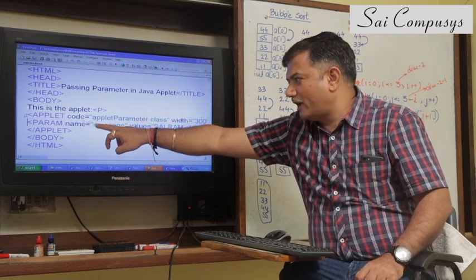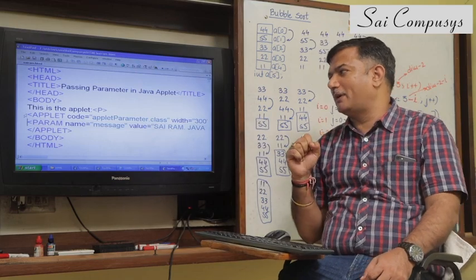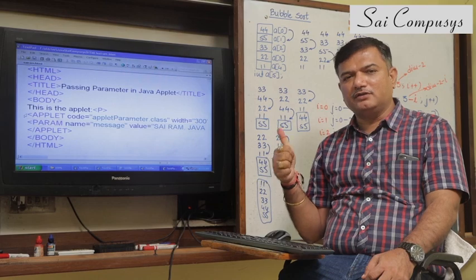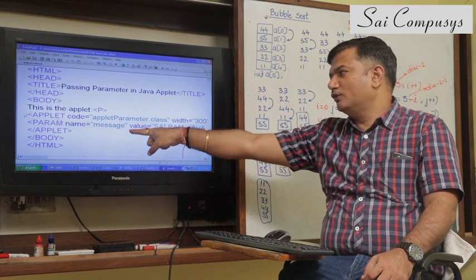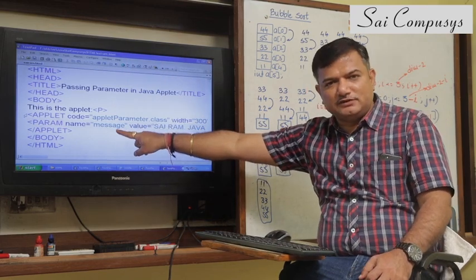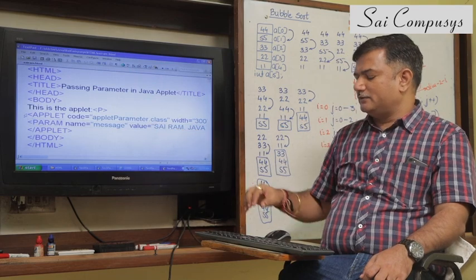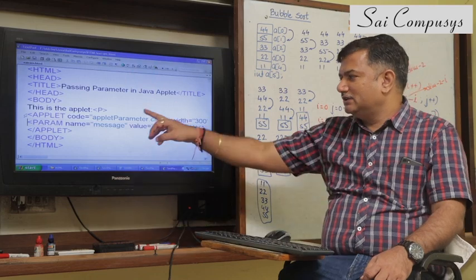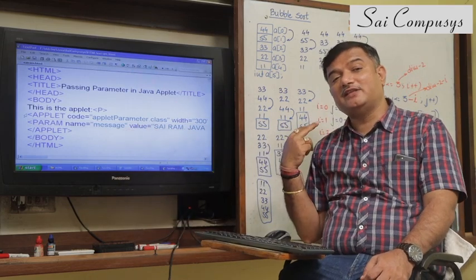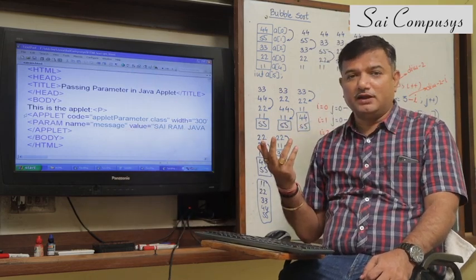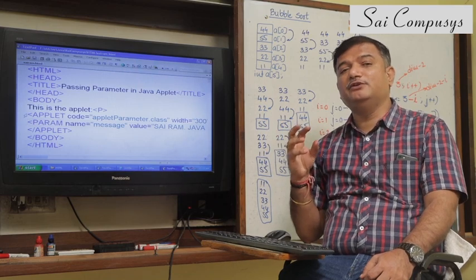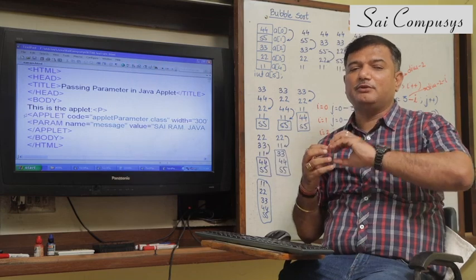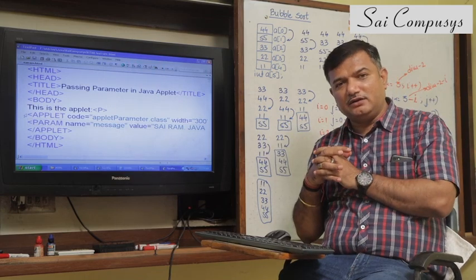Inside the applet tag, I am putting one more tag over here, the param tag. I will have to specify two things about the parameter, the key and the information. So the name of the parameter is message. I have typed something over here for you. I have just written something for you. So this parameter can be accepted by the applet to display it onto the applet. So HTML can send some information which can be accepted by the applet, and that information can be used to display onto the applet screen.